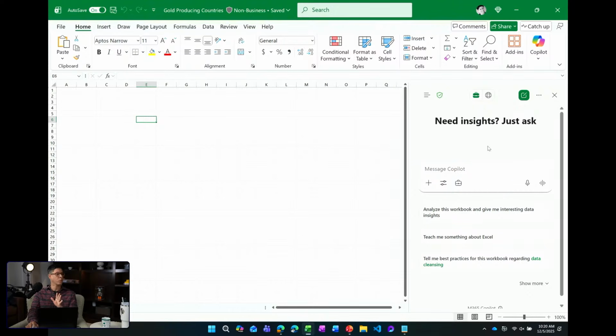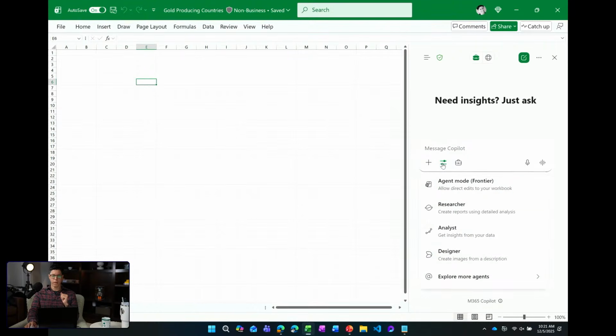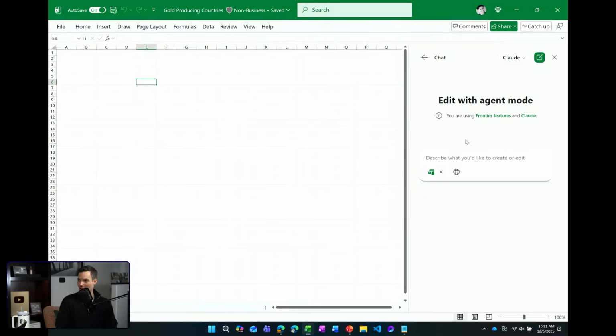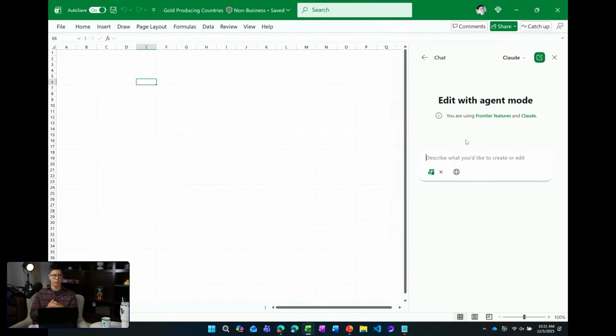So now this is the chat experience that I mentioned earlier. This is the same consistent experience across Word, Excel, PowerPoint, and the M365 portal. Let me collapse this. And then to get into agent mode specifically, within the tools dropdown, the first one will be pinned as agent mode, so that you will always see that as your first option. So that basically enables agent mode. Correct. That gives Copilot, you can think of it as, edit rights for your workbook. It enables the smarts that Copilot needs to read and write agentically or autonomously on your behalf on the workbook.